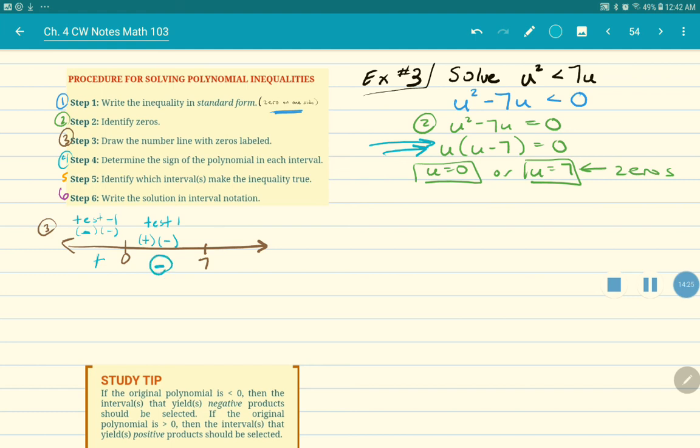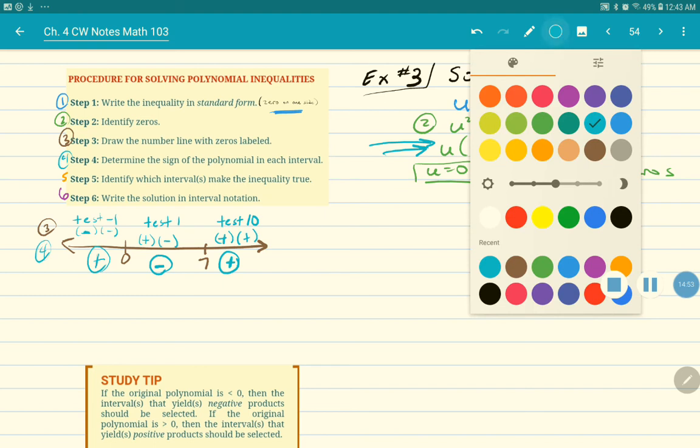And then my third interval, I test a 10. We could do 8. 10's nice and round. I'm going to do 10. So then I get a positive. u is 10, which is positive, and then 10 minus 7 is also positive. So I get a positive in this whole interval. All right, and that was step 4. That brings me to step 5,